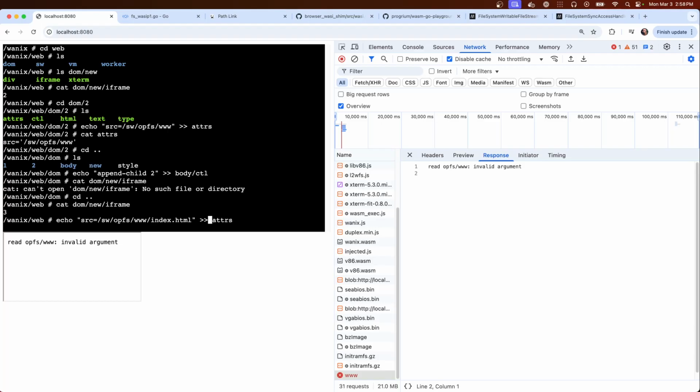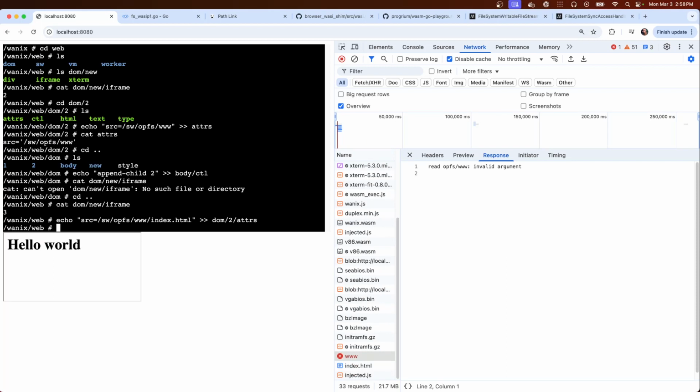I don't remember if we can change the attributes once it's been added. Actually, we could try that. I will try that. Actually, we could try it right here. It's just do web dom to adders. Oh, look at that. It worked.